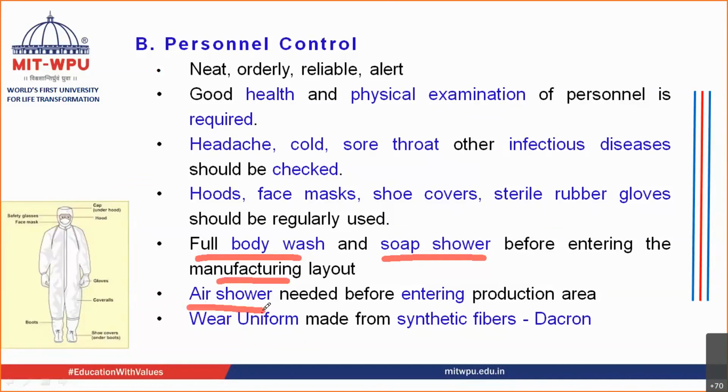So air curtains and air showers should be present. Whatever particles have accumulated on your dresses and on your body should all be removed from the clothes. So you should take a proper air shower, and only then enter the production area. The uniform that you are wearing should be made up of synthetic fibers, for example Dacron. If it is made up of cotton, etc., there are chances that the particles may get stuck to it, and then it may be transferred from your